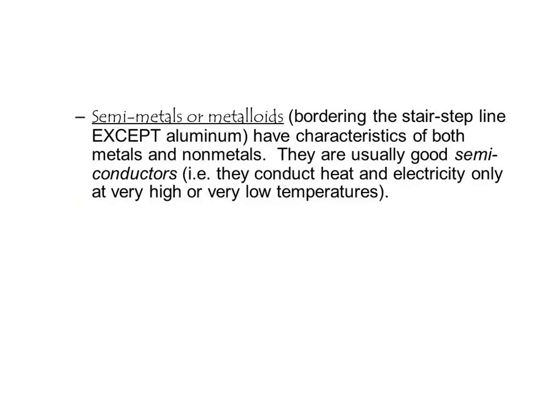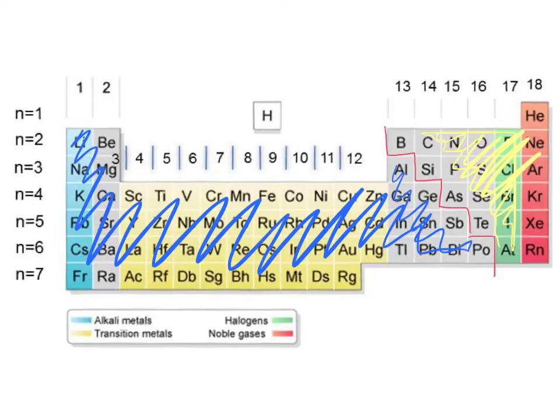The semi-metals or metalloids are the ones that are bordering the stair-step line, except for aluminum, and have the characteristics of both metal and non-metal. So they're called semiconductors because they can only conduct heat and electricity at very high or very low temperatures. So the metalloids or semi-metals are the elements that are on the staircase line except for aluminum and polonium. So there we are. Those are the elements that are